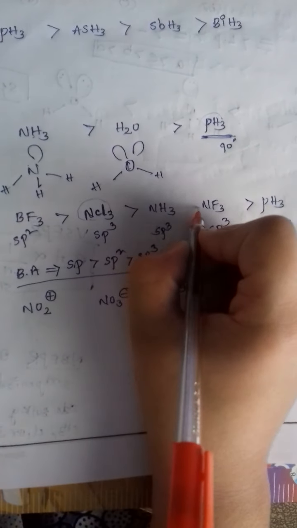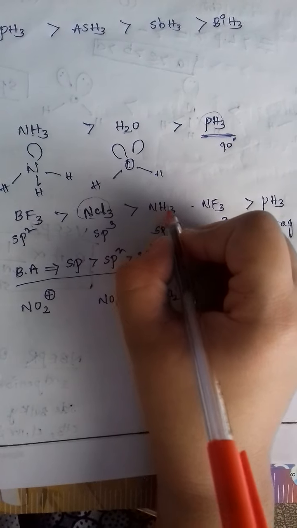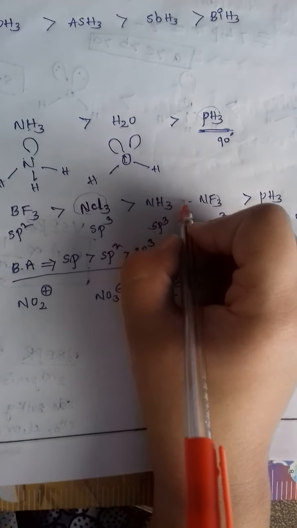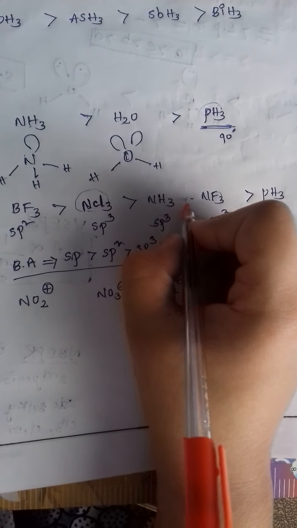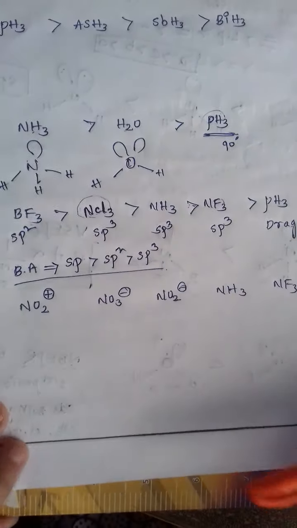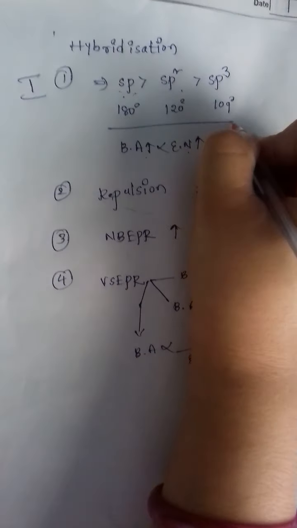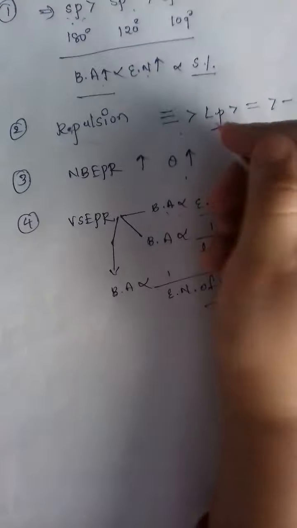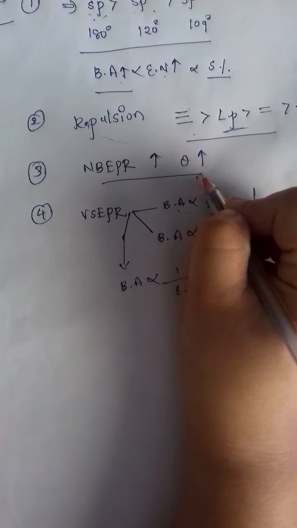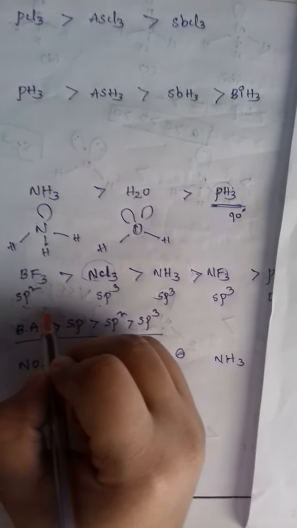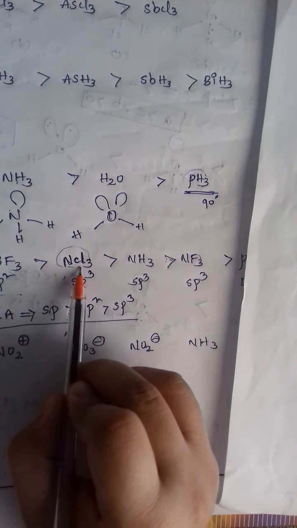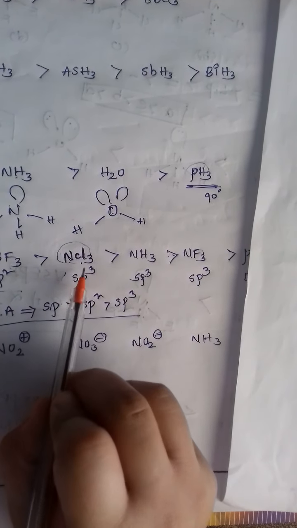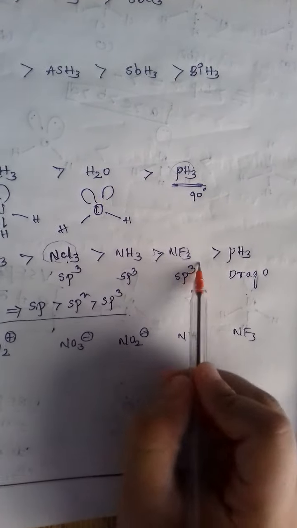And then in both we have seen VSEPR theory: NH3 is less electronegative, this is more electronegative, and bond angle is inversely proportional to the electronegativity of the side atom. So let's first check it out. I am telling you to use this first, always check it. Always remember that as s character increases, bond angle increases, then see repulsions, then see NBPER, then go to VSEPR. Okay, the same we did here. We first saw hybridization, then gave preference to NBPER, and then went on to VSEPR.